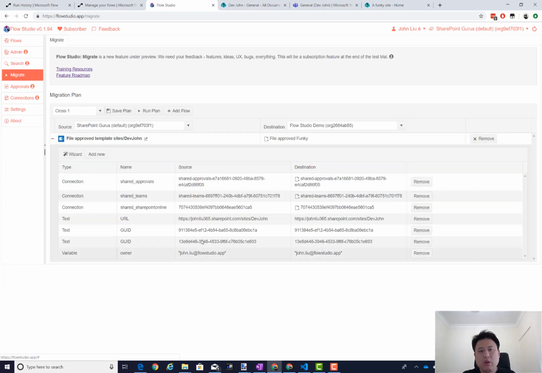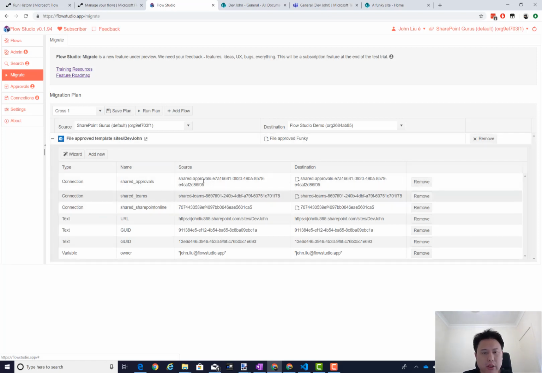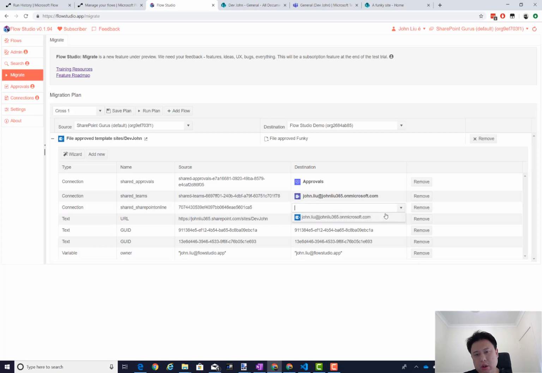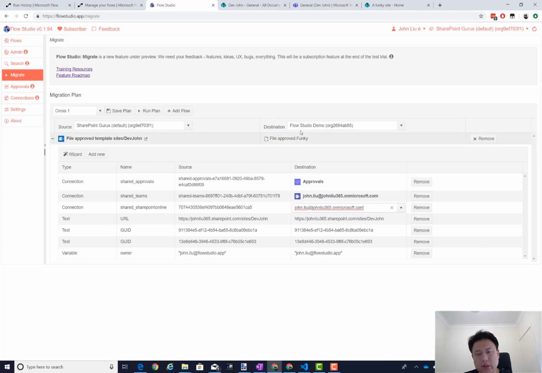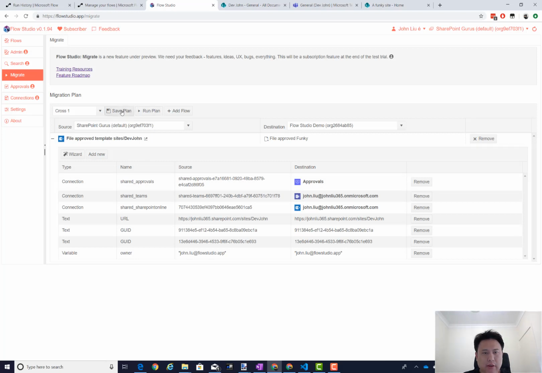Having a look. So when Flow Studio reads the original definition, it will go through and pick out all the connections, and then it will pick out things like URLs, GUIDs, and variables. So you see the variable name that was created earlier. For the destination, these connections won't work, so you gotta click them and basically pick the connection that's available on the destination. So they might look the same, but they're actually objects related to this destination environment. So do all that, and if I save this plan, and then